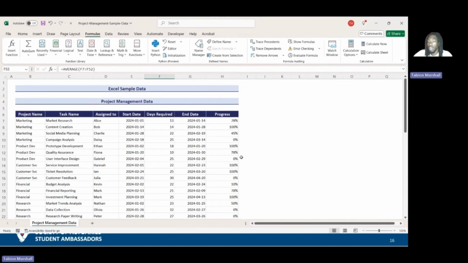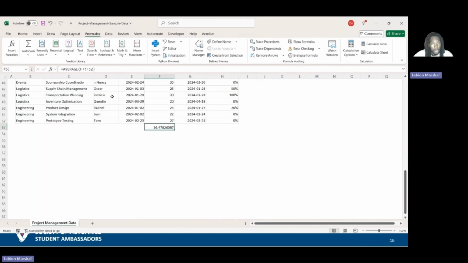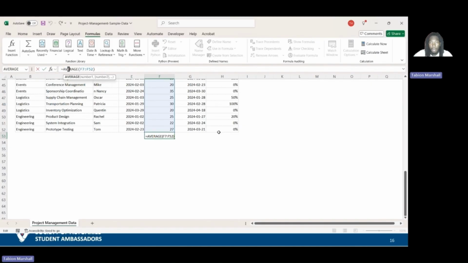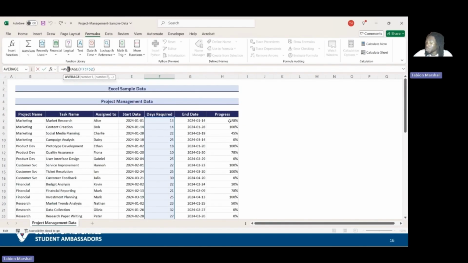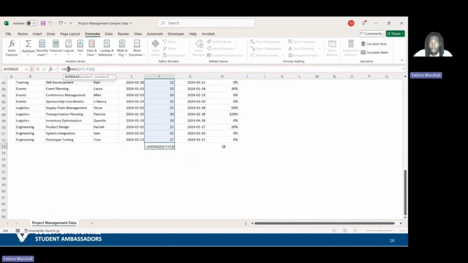Now let's suppose we also wanted, and we can see it up here, that's the formula that's being conducted. Let's suppose we wanted to do something a little bit more advanced, right? We want to find the average progress, assuming progress on the project has actually been made. So of course we would go down here, and we could use average if, but I personally prefer to use